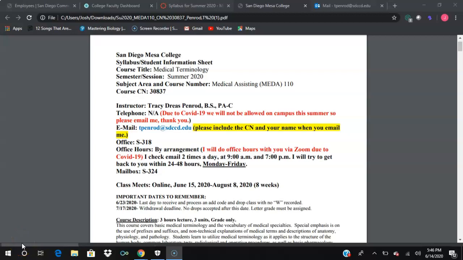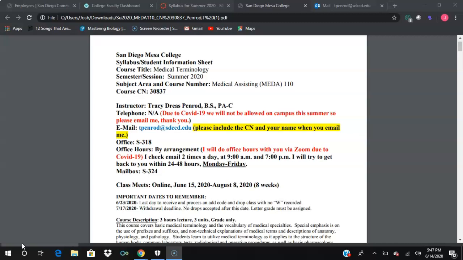Okay, everyone, so let's go through the syllabus for MEDA 110, Medical Terminology for the summer of 2020. I have two online courses this summer, so the course numbers are 30837 and 30838. The only difference on the syllabi will be the course numbers, but they will be the same for both classes. Okay, I'm Professor Penrod, and my email is listed here,